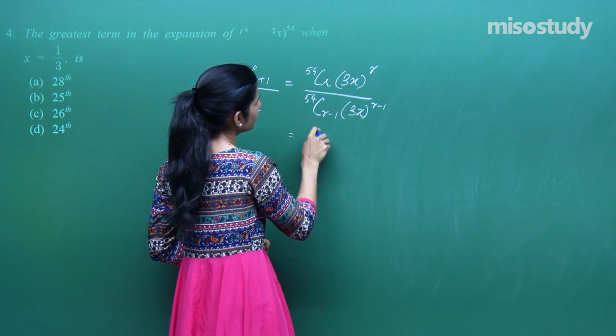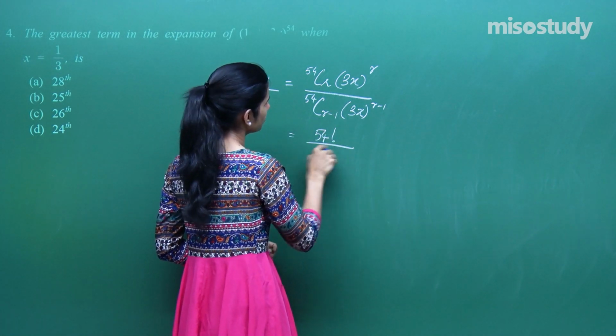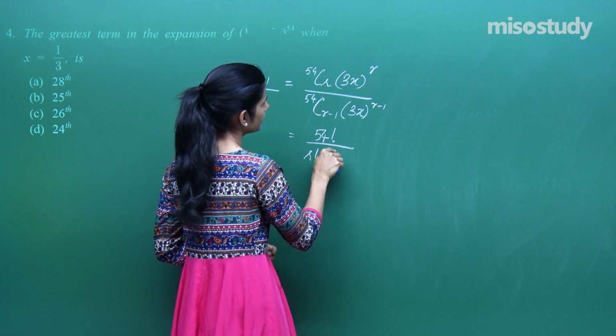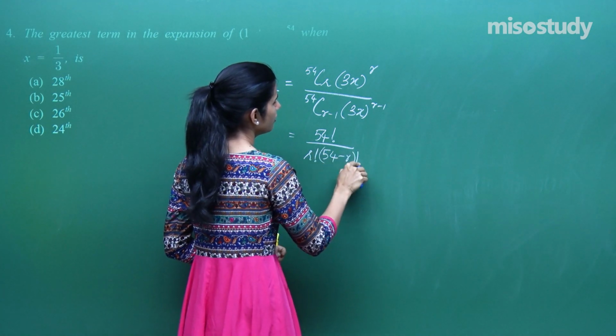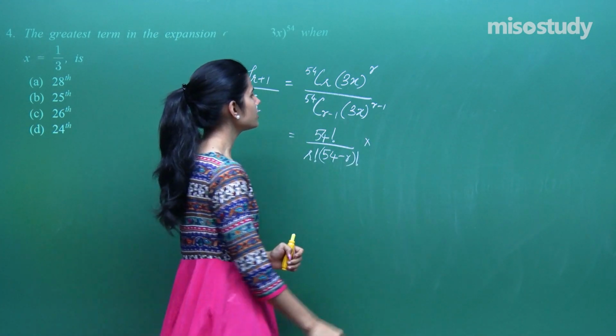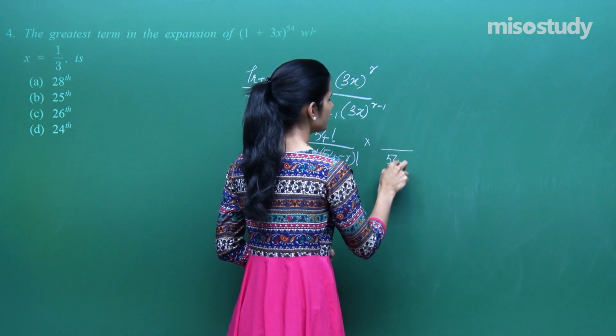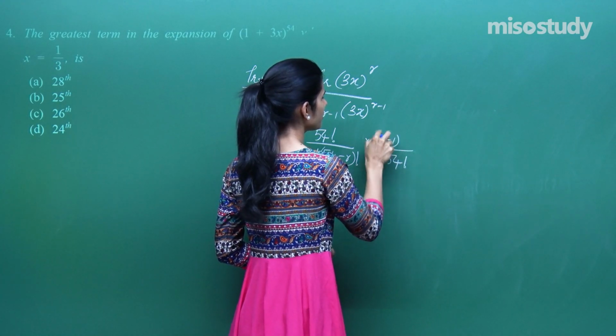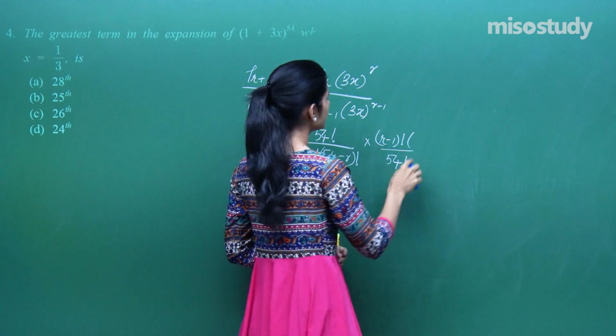So you get 54cr which is 54 factorial upon r factorial into 54 minus r factorial upon 54cr minus 1. So this is 54 factorial r minus 1 factorial 54 minus r plus 1